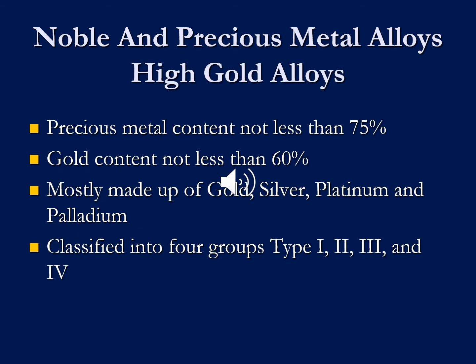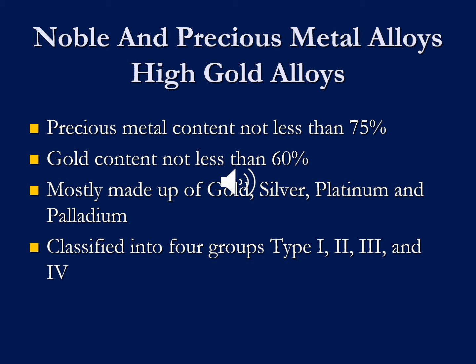High gold alloys. This is a group of alloys that have been around for some considerable time, and that can be distinguished from other alloys used in dentistry by their high precious metal content, which must not be less than 75%, and a gold content in excess of 60%. The precious metal content is usually made up of gold, silver, platinum, and palladium, and these alloys can be classified